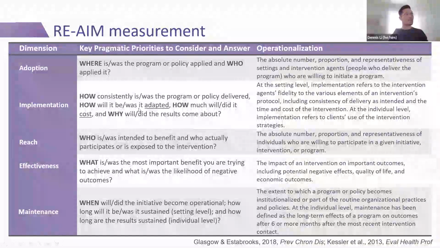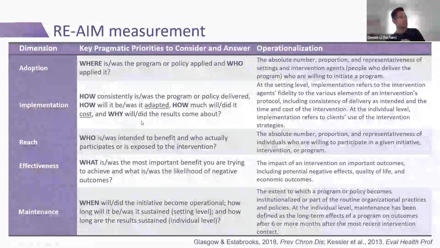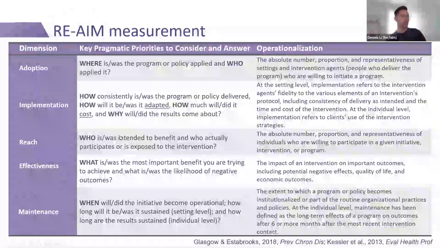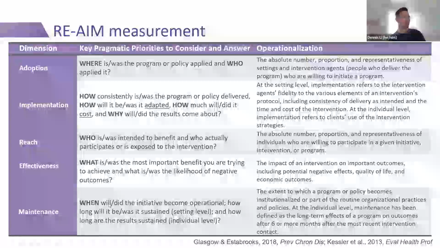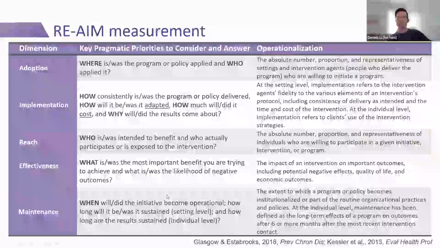Implementation is about how consistent something was delivered, how it was adapted, what did it cost, and why did those results come about, so focusing on the mechanisms. Reach is about who it was intended to benefit and who actually participated or got exposed to the thing. Effectiveness, we all are pretty familiar with: did the thing work? And then maintenance is about when will it become operational, how long will the delivery be sustained, and how long will the effectiveness results be sustained